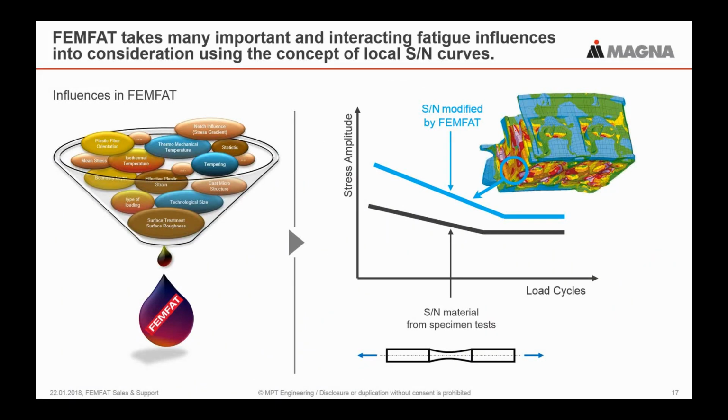The concept in FEMFAT is a little similar to the FKM guideline. The FKM guideline is a guideline which was developed in Germany to help engineers figure out about development of components with this guideline to be on the safe side, to take into account, for example, surface treatments or thermomechanical effects or temperature on each material. And we took the same feature and said, well, normally the component suffers from such an effect. The temperature, which is not 20-degree room temperature, higher, this will lower, for example, the